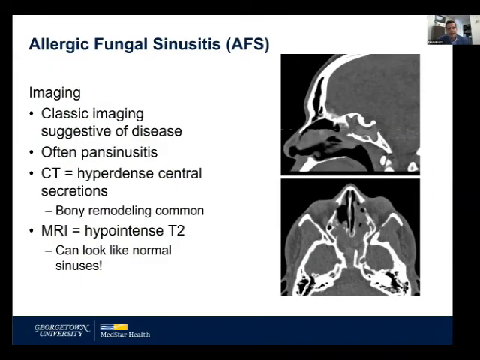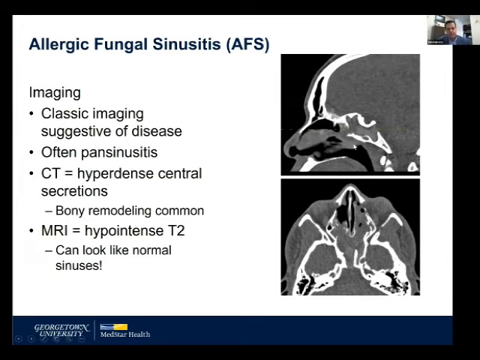In diagnosis, CT is often the initial modality of choice, though MRI can be helpful. And it's fairly classic imaging findings for this. They oftentimes will have pansinusitis, but it's not universal depending on when you catch it in the course of the disease, and can at times be single-sided or even initially just one sinus as it initially starts somewhere. The CT has a classic hyperdense secretion. So this is a non-contrast CT, but you can see these hyperdense secretions on the scan, and you actually get this hypodense rim around it, which is just a mucosal edema.